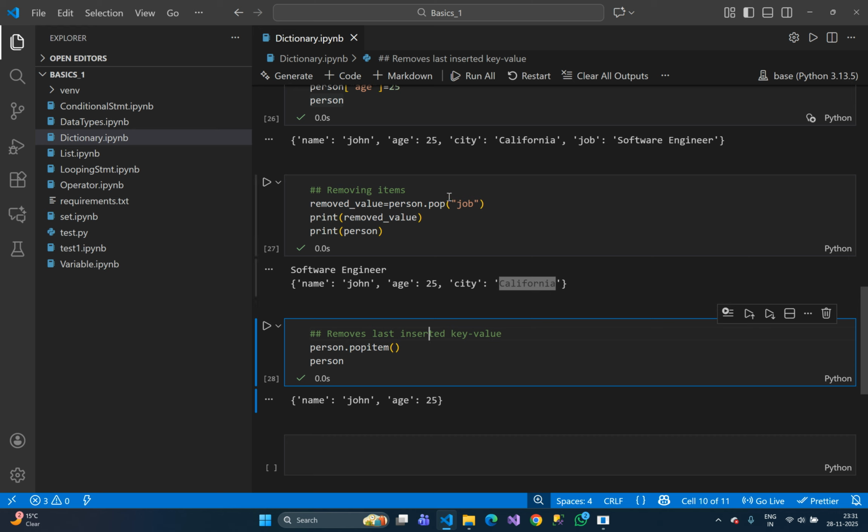What is the difference between pop and popitem? Popitem will remove only the last key value, and pop will remove any key value. Means you just need to give the key and it will remove it, whether you give the first key, middle key, or last key, whatever key you provide, it removes it. But in the case of popitem, it will only remove the last key value from the dictionary. Okay,